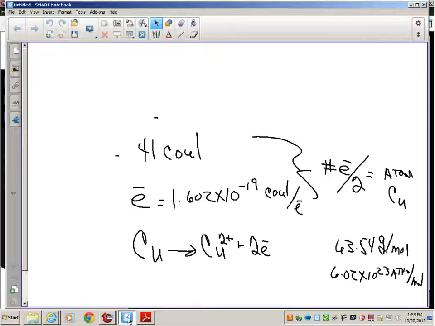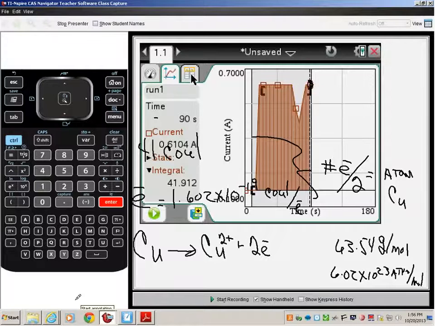Variations of this theme could be, maybe I don't use copper, maybe the whole point is to find out what ion did I use in the electrolyte. Maybe I look at what is the gram molecular weight of this unknown. There's all kind of values I could have left out rather than telling you, and now those become unknowns that are testable. But the heart and soul of that lab, which is lab 31, is this graph